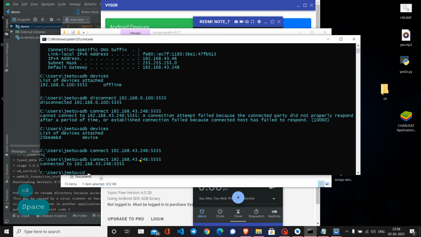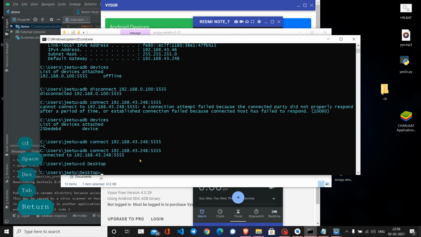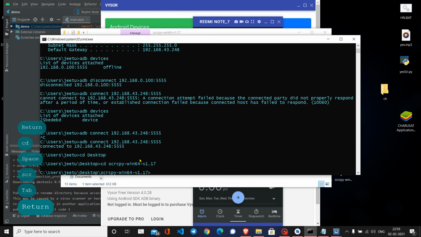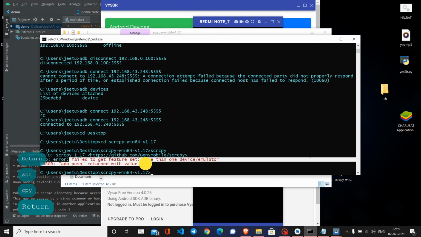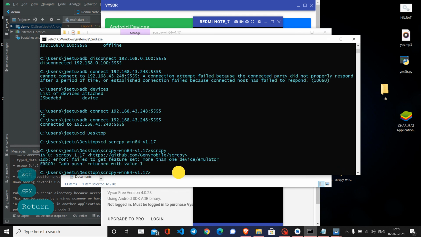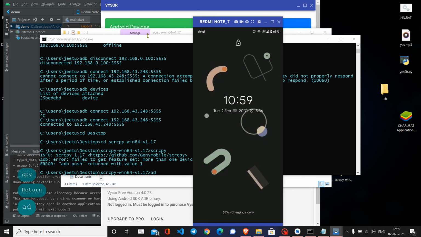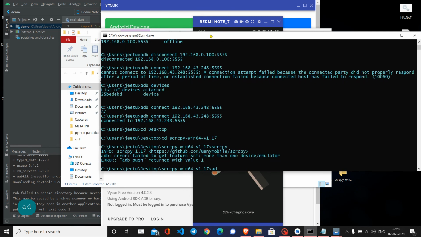Scrappy is I guess crashed or what, I am not sure. If I go to desktop, I'll go to Scrappy, and I'll say scrcpy. It says failed to get the feature, more than one device emulator pushed. Okay, fine, I got the point. What's the point? So now if I see ADB devices,